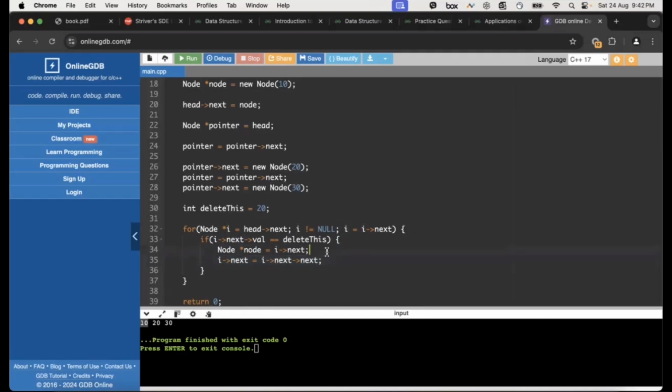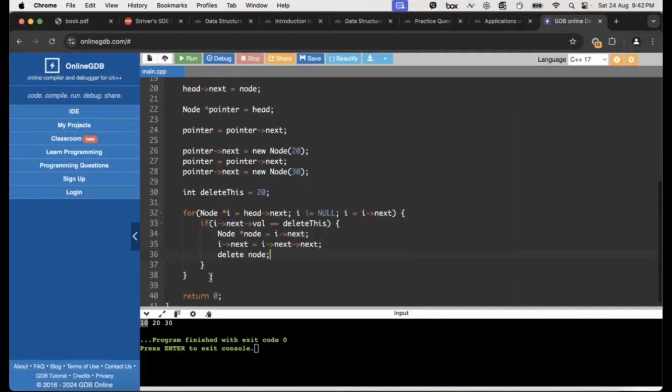For deleting we can simply use the delete function. It is in C++, and it will free the space of that newly created node. Then if we print again,